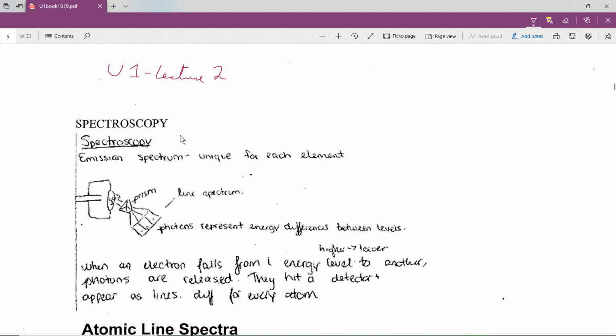And one thing that'll be helpful in probing what an atom is, is looking at an emission spectrum, and it's unique for each element. It's like a fingerprint. I'm going to write the word there, fingerprint, for every element. And I will communicate to you a video for you to watch. I won't put the video within here, but in our daily lesson plans, I'll tell you a video to watch